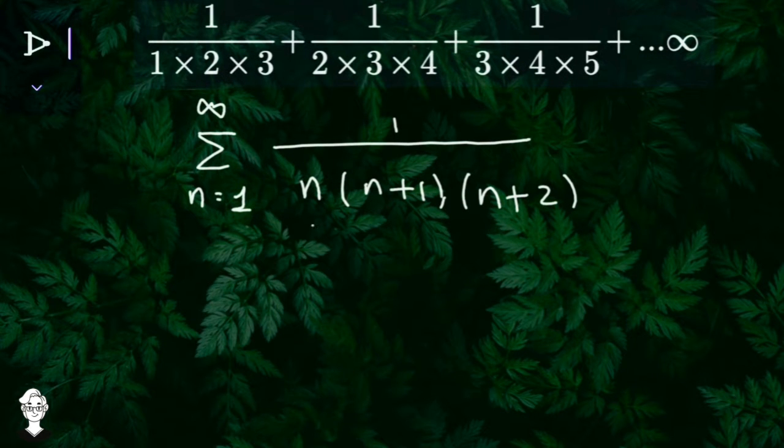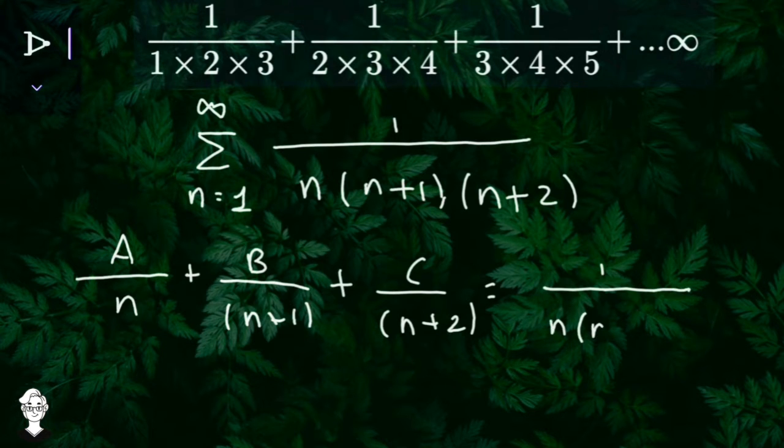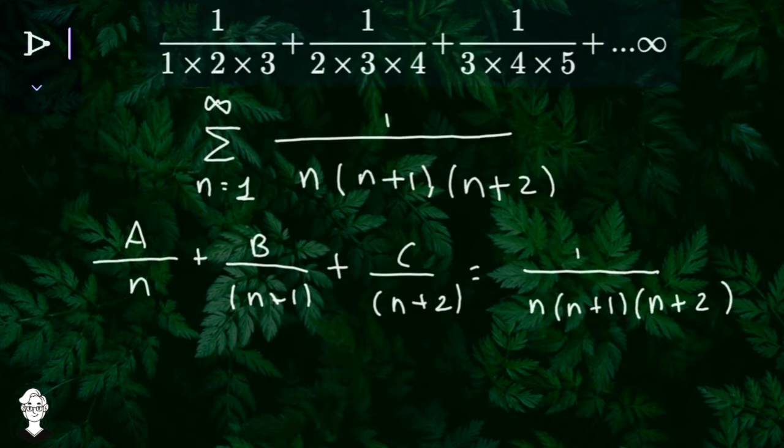Now when I first converted it into this form, that is 1 upon n into n plus 1 into n plus 2, I thought that these three can be written as separate fractions that we call partial fractions. So applying partial fractions over here, all the terms can be written differently. So it would be a upon n plus b upon n plus 1, this is the process of partial fraction, plus c upon n plus 2, and that is equal to 1 upon n into n plus 1 into n plus 2. All of them, three of them are in product, so it will be written this way with a, b, c as numerators on the top.